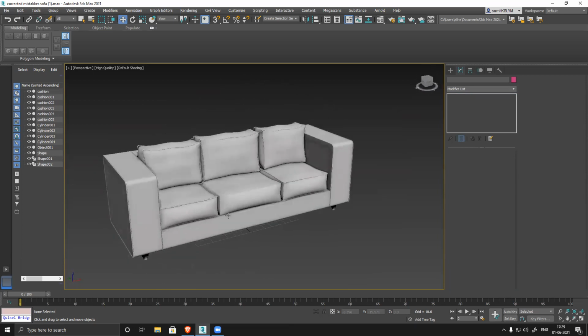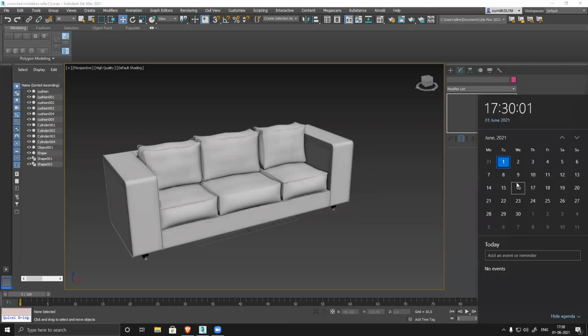Okay, one more thing for everyone. We have this week and one more week left. By the end of next week, I'll tell you the exact date: it's 16th of June, Wednesday. You have to submit all your assets, whatever you have created from day one.